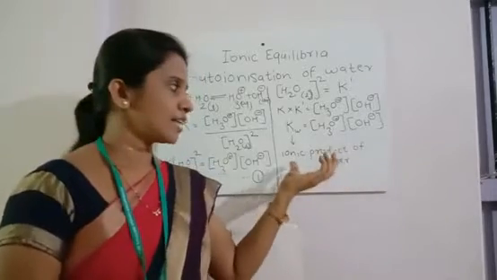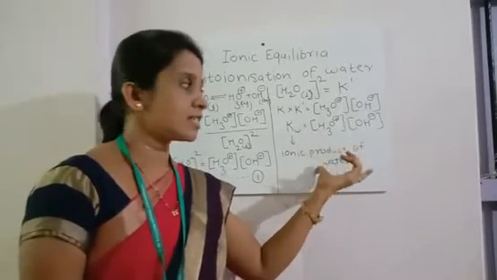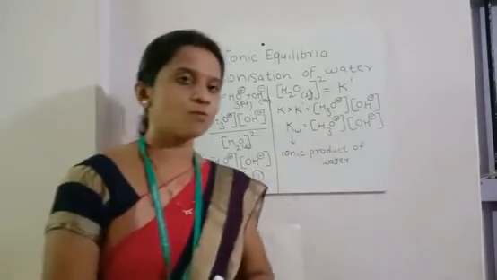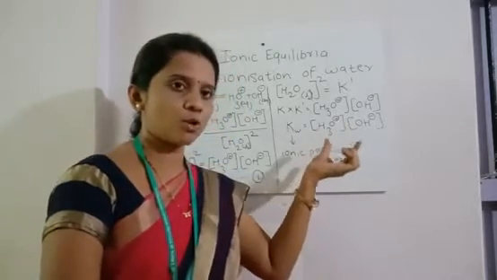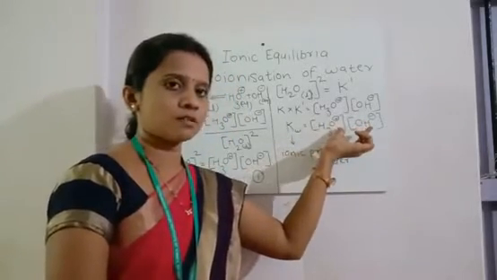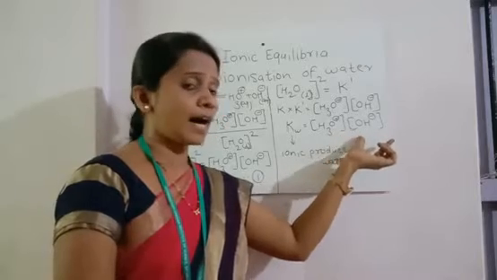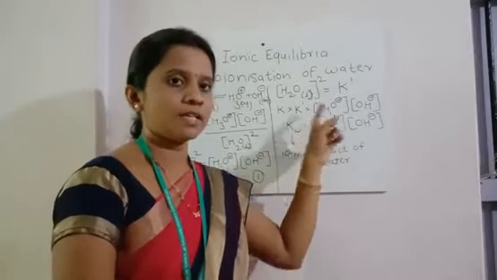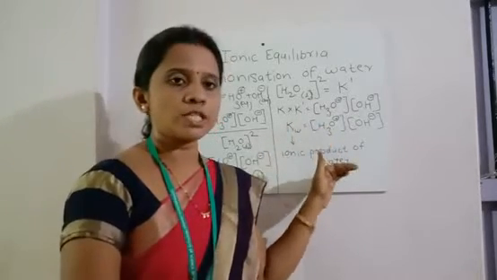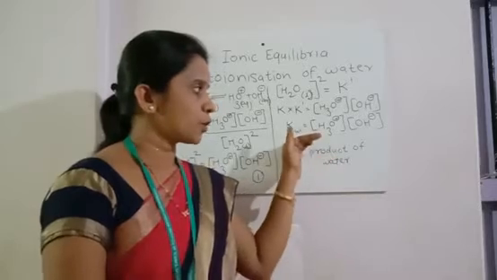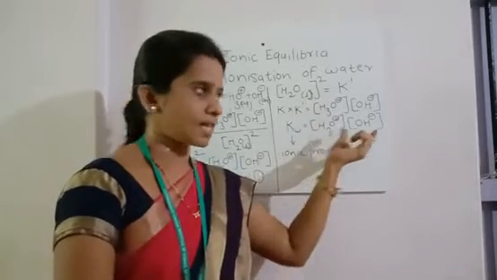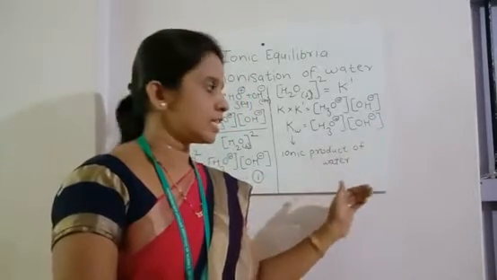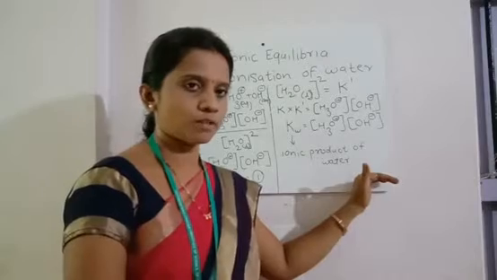So what is the ionic product of water? It is the product of molar concentrations. Now molar concentration of what? It is the molar concentration of H3O plus or hydrogen ion. We can take it as hydronium in aqueous solution or the concentration of hydrogen ion. So the product will be of H3O plus ions and OH minus ions. So that is the ionic product of water.